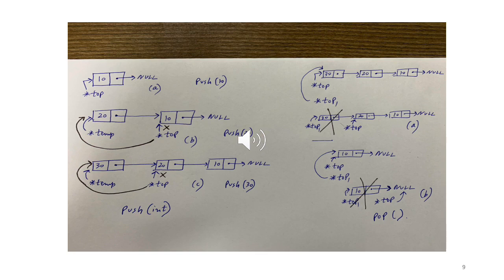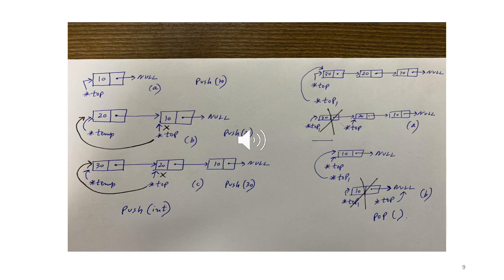Here we have called push 10. Because this is the first node to be added, the current value of top before adding this node will be null. So inside push, the code says if top is equal to null. It means we are adding the first element, so you can easily guess what we'll do. We first reserve memory sufficient for storing one node. So we say malloc size of struct node, and then we cast it to struct node star, and then we assign that to top.